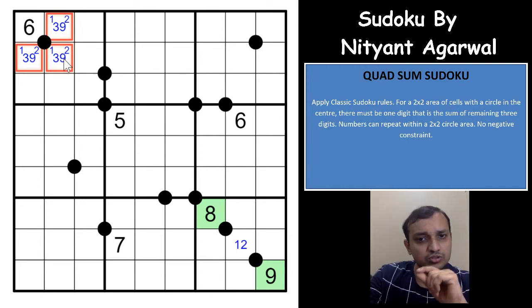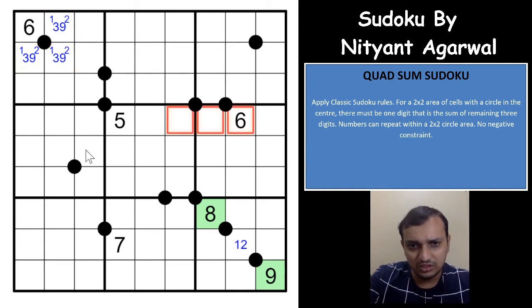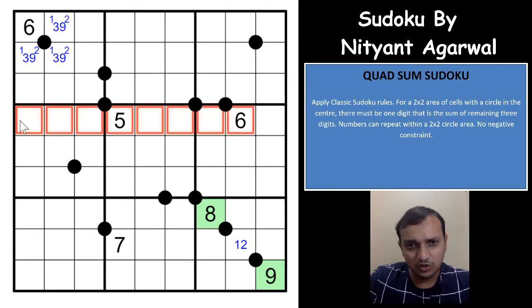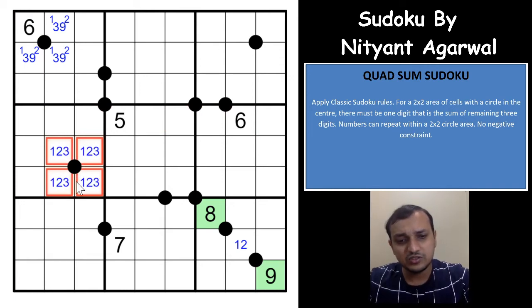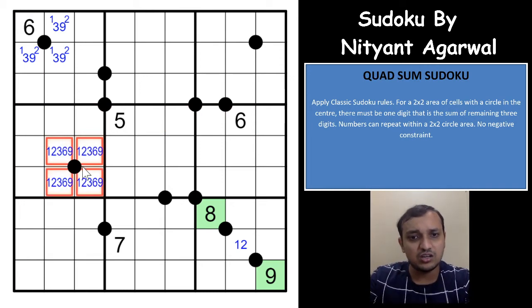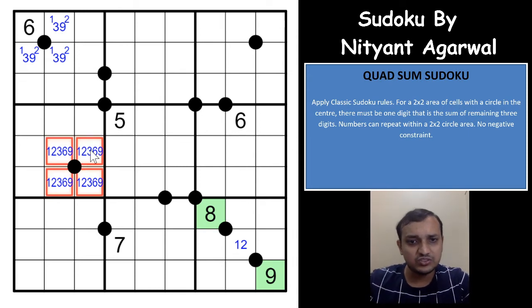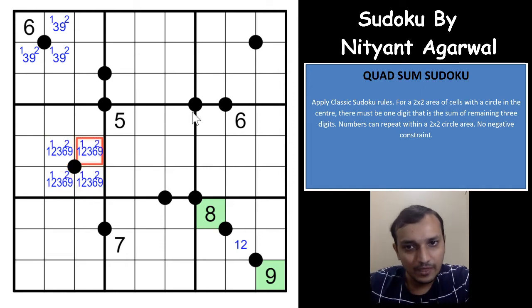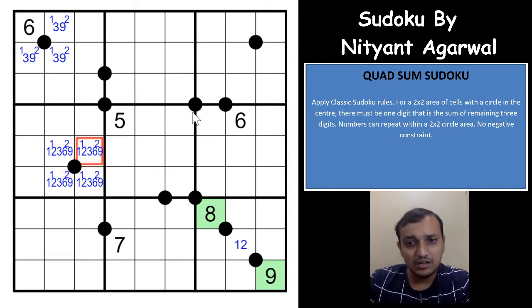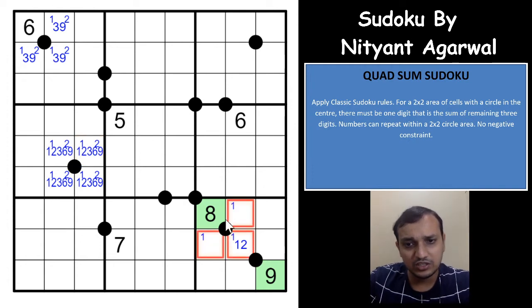The same thing goes with this cell now. If you see here this box now, 6 in this box cannot be in any of these 5 cells. So which means 6 in this box will have to be within the circle area, and which means that out of these 5 numbers, 4 numbers will be within the circle. It can either be 1, 2, 3 and 6, or 1, 2, 6 and 9, and which means that 1 and 2 will have to be within this circle area, right? Excellent. Okay, and we already know that 1 will have to be in one of these 3 cells, right?